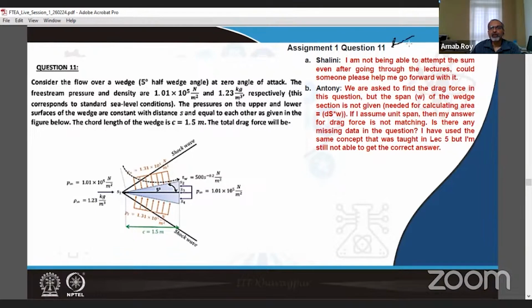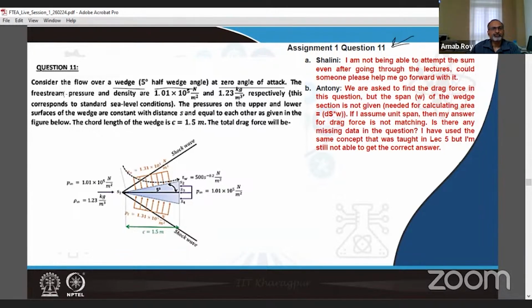So many of you have crossed this assignment several days back, and it may again be useful to have a look at these kinds of problems, because those of you who may be interested in writing the final exam may need to revise all this. And even if you are not, learning all that you are solving, going through it very thoroughly, is always helpful. So here the problem was that we had a wedge with 5-degree half wedge angle at